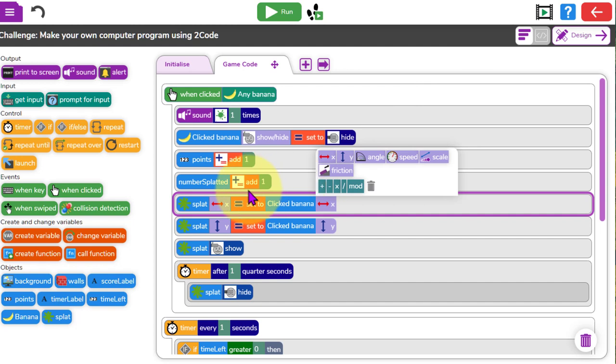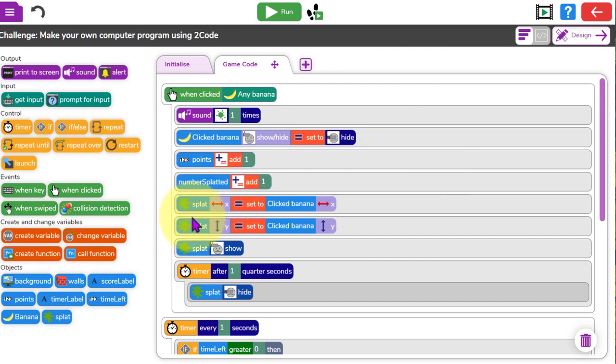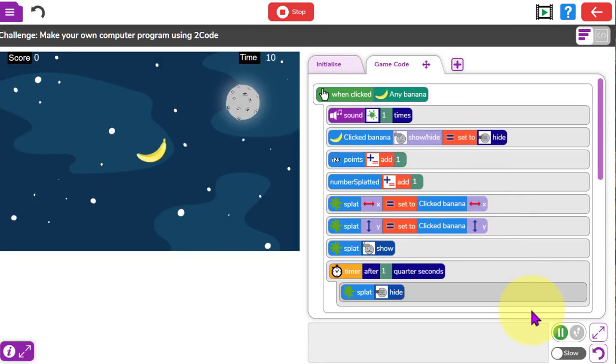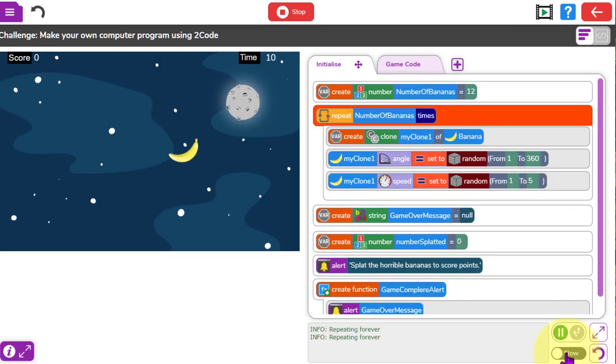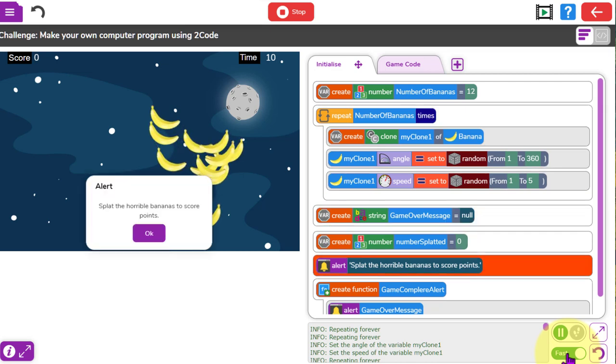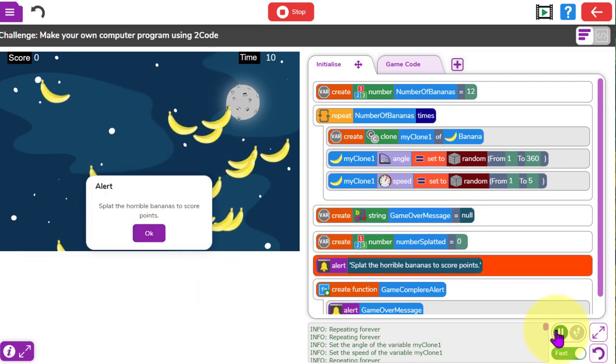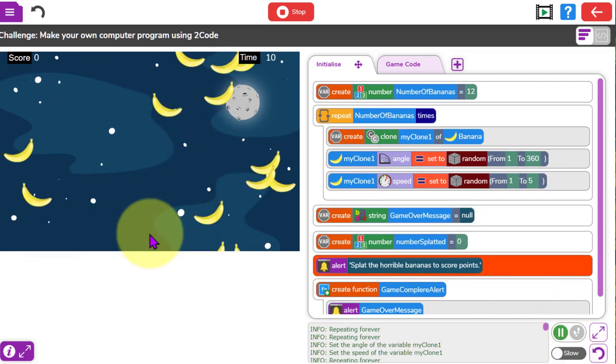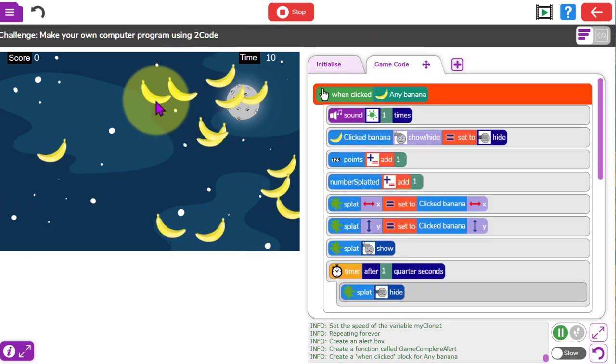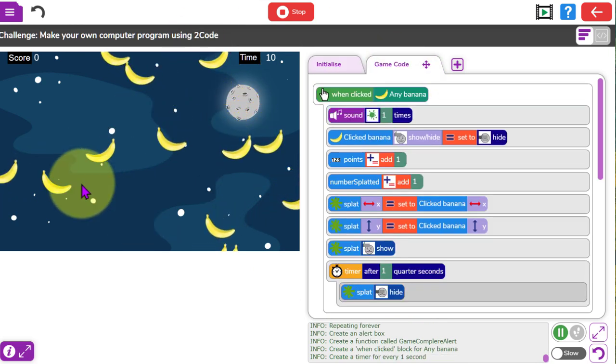So what these two commands are going to do, as the splat is hidden, is move it along and up and down the screen so it matches where we splatted that horrible banana to start with. So let's run, and let's speed it up a little bit now. And now I'm going to click slow now. So once I click on a banana, say here,